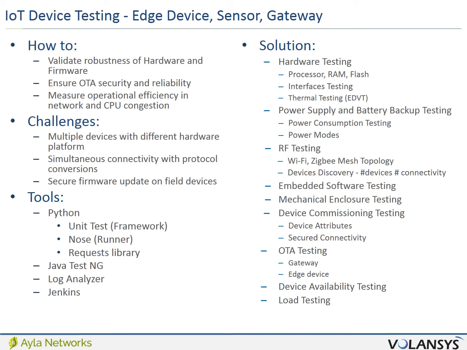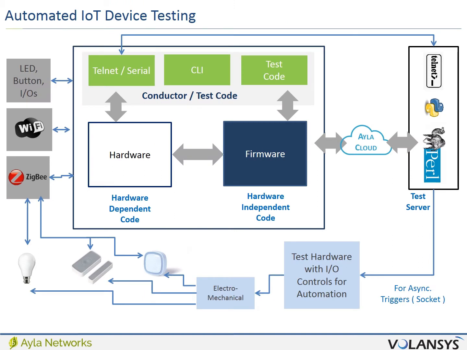So here is an automated test setup scenario of Homebridge. As you can see, the modules of the Homebridge device have been logically divided into two categories. One is hardware dependent code versus the other one is hardware independent code. Hardware dependent code's function varies based on the hardware setup change. So let's say when there are a number of devices and how the connection between devices gets changed, the code starts behaving differently. Compared to that, there is a lot of hardware independent code also involved in the box, which can be tested without actual hardware.